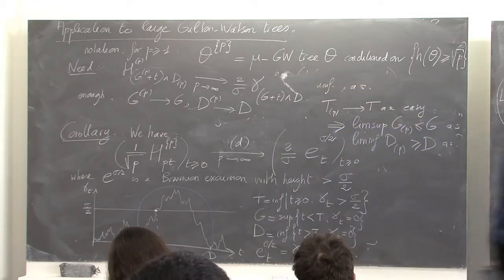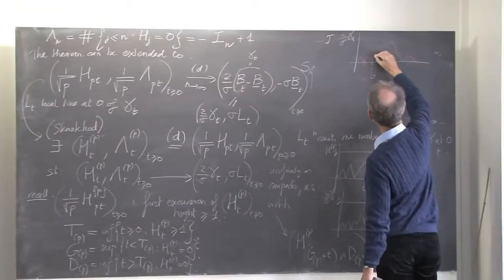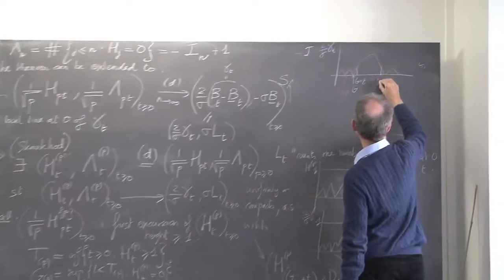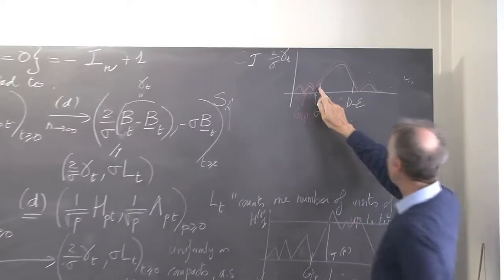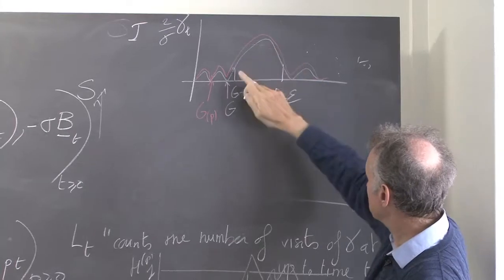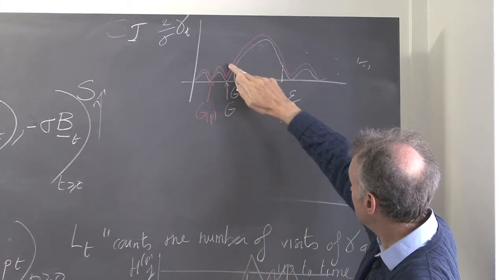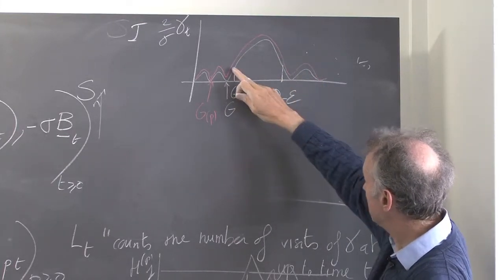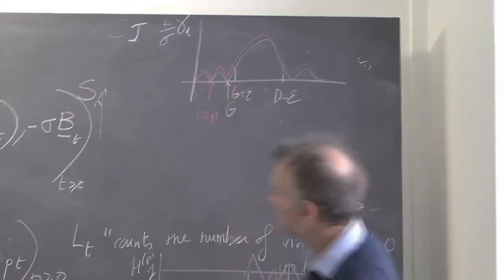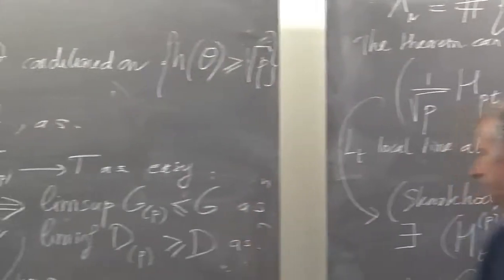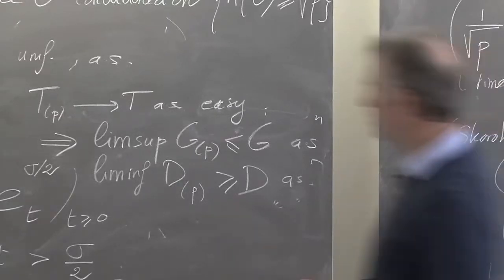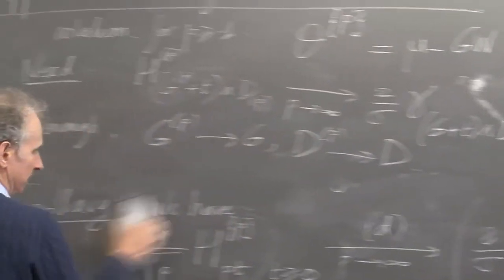It's because you see your limiting function, if you take here, for instance, G plus epsilon, and here D minus epsilon, your limiting function will be bounded below by a positive constant on this interval here. And so the rate function, because it converges uniformly, it will have to be positive also on this interval. Okay? So it gives you a property like this. So that's not enough. What you want is really the convergence here.